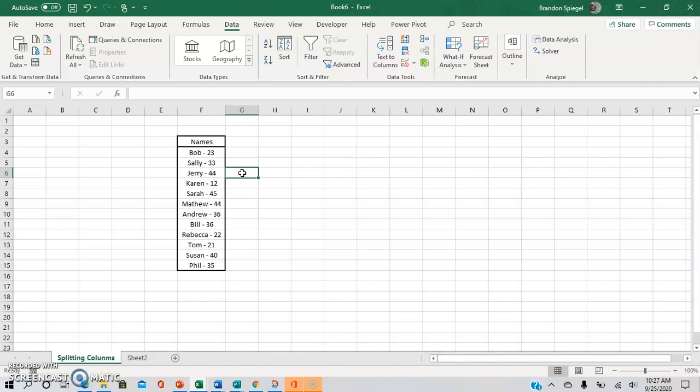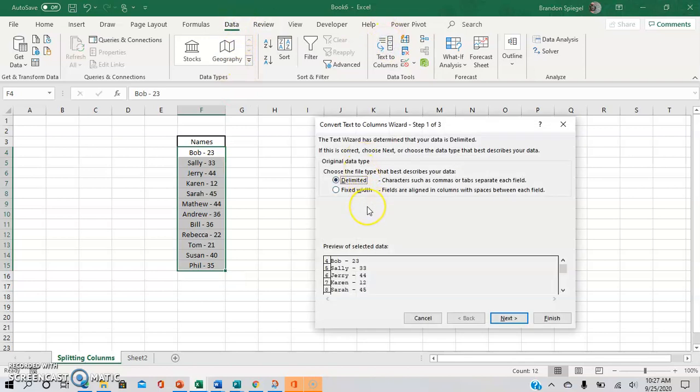So here we have an example where we have names of people with a dash and then their age. And we want to split the name and their age. So to do this, all we have to do is first highlight the information that we're looking to split. So Shift Control down arrow, go to Data, Text to Columns, and there are two different categories that you can